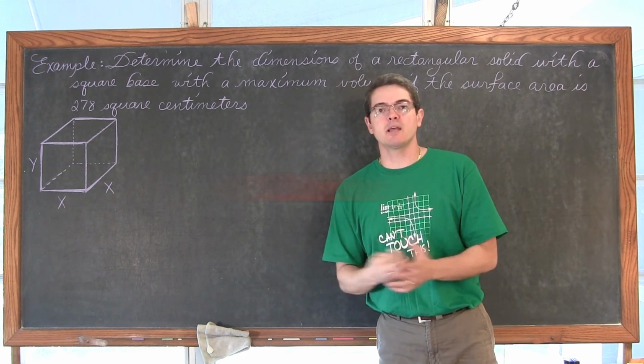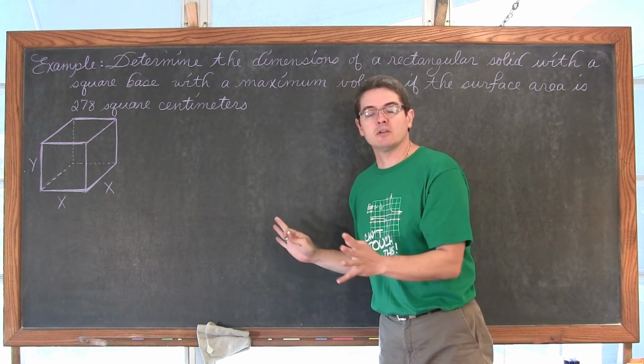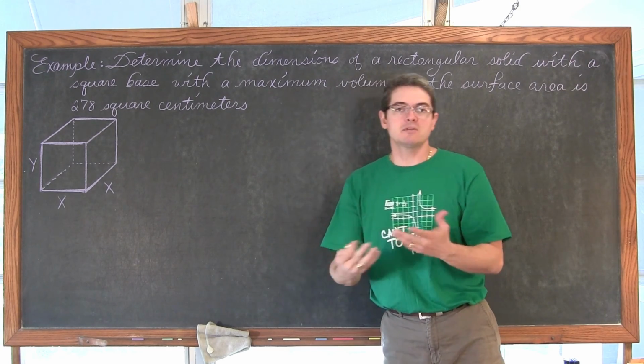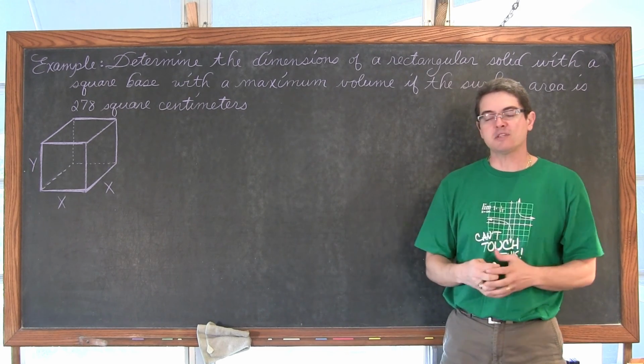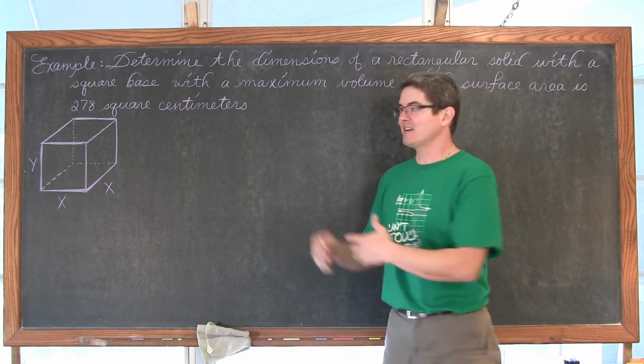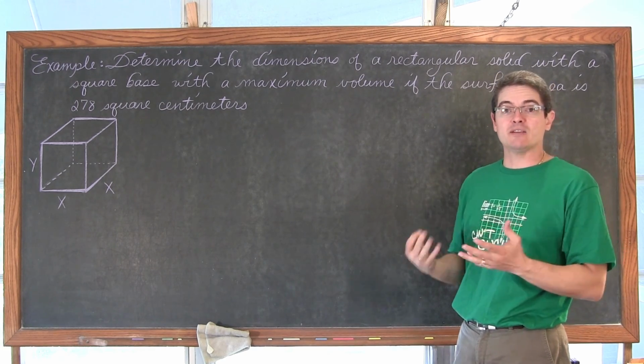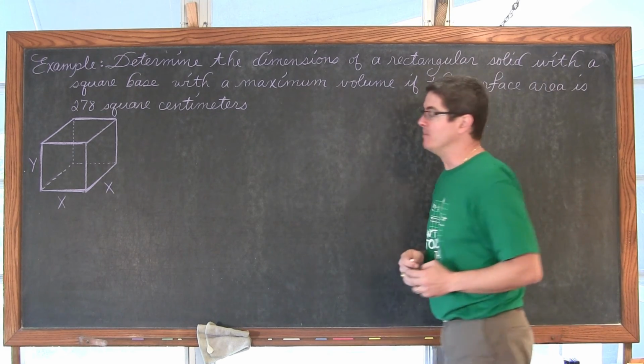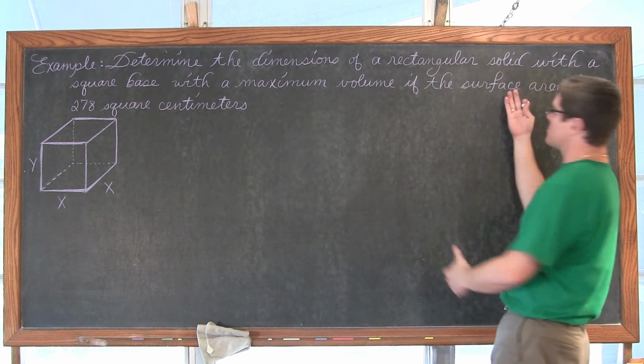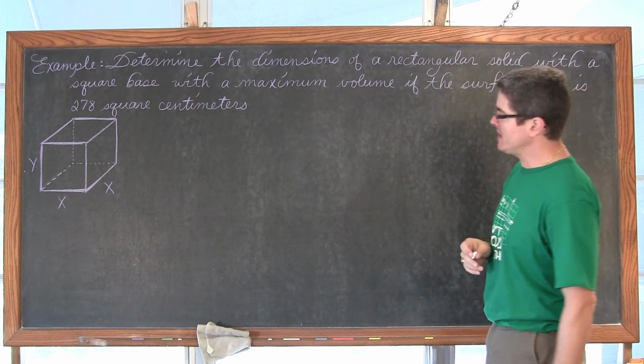But this is the first example dealing with volume, so let's let the calculus verify that and see if we're right when we're done. And then we'll have a couple of examples, of course, that we can't just glance at and do, or even hypothesize what the answer would be before we start the problem. Okay, so we're supposed to have a fixed surface area of 278.